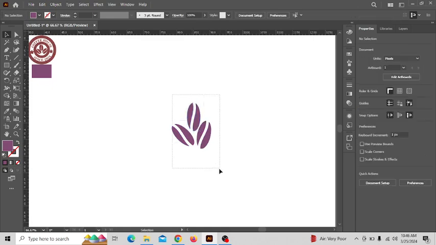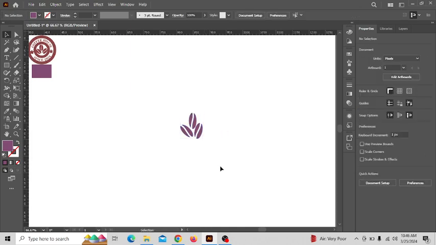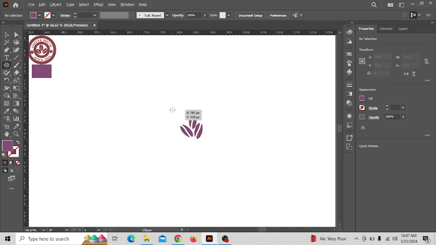So I select this one and I need it just smaller. Yes, I think this is better. So again, now I need a circle. How should I do it? Just one tool is a more important tool. Which one? This ellipse tool. So what should I do? You see how I do it clearly,